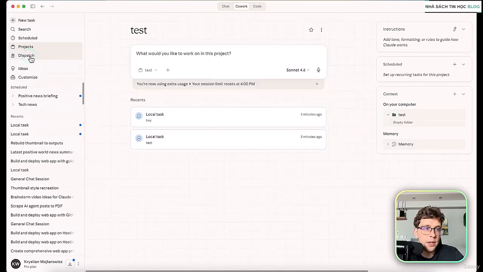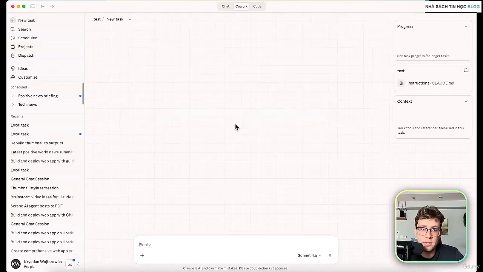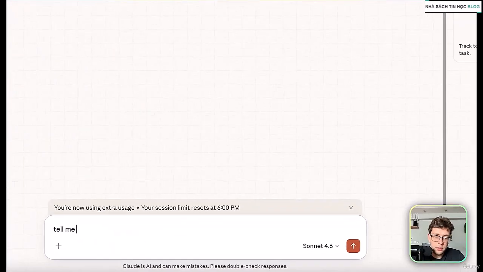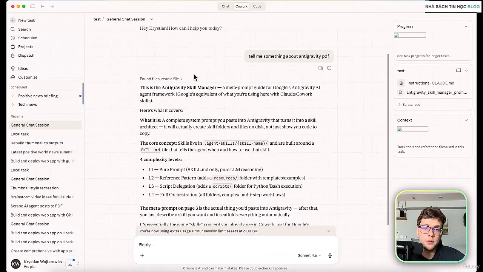We just need to go ahead. Let's say we go once again right there. And we are gonna see this file and we can access it literally within our chats. So I can just type, for example, tell me something about anti-gravity PDF. So afterwards, it uses the PDF that it has in the project itself and it fetches the information from here.